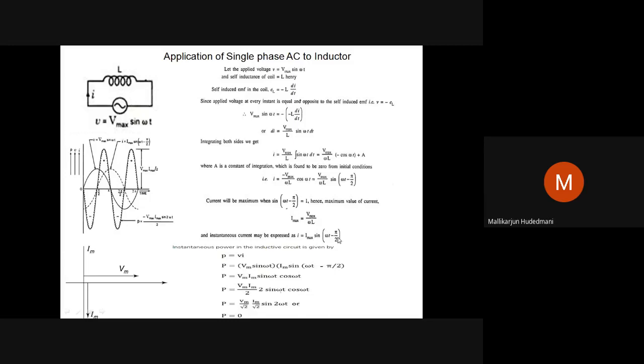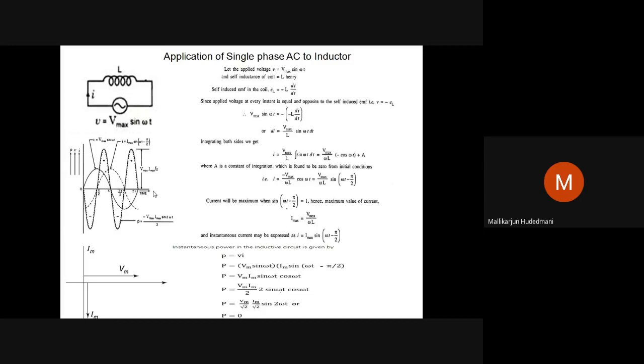With what behind? Omega t. What is omega t? Omega t is that of voltage, Vm sin omega t, and here the current is Im sin(omega t minus pi by 2). Minus pi by 2 says the current in the inductor is lagging behind the voltage by 90 degrees, or pi by 2 radian.